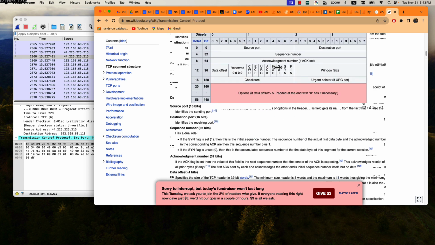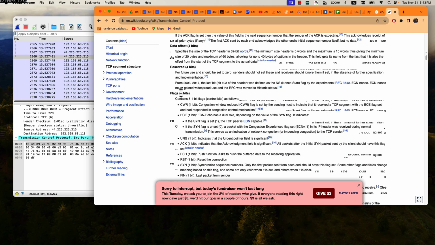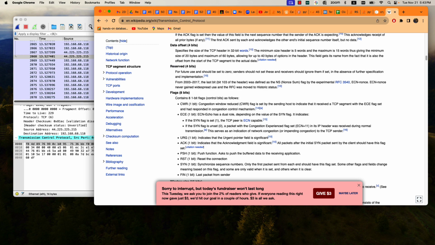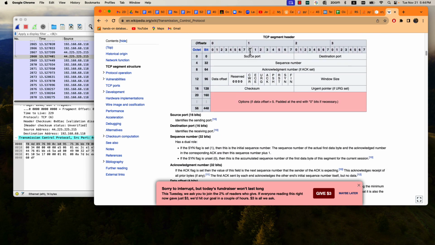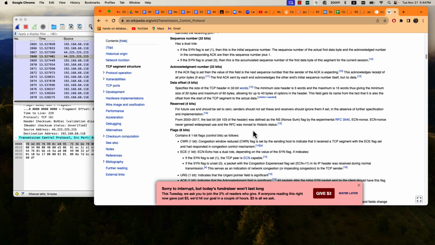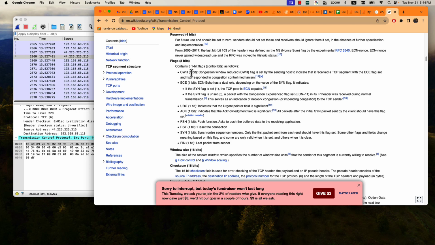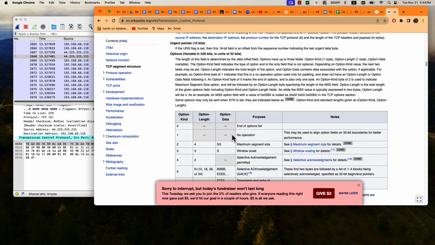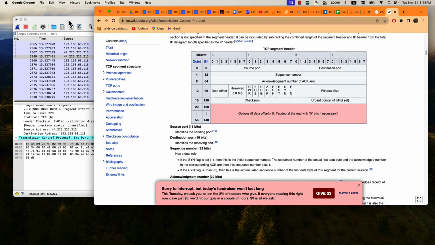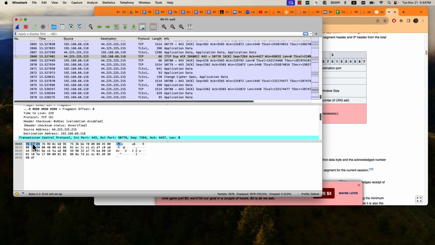And if there are flags, then the flag information is there. Flags occupy 8 bits. These are the bit numbers, from bit 0 to bit 7, 8 bits. Each of those bits indicates this kind of flag. Okay, so this TCP header can be found